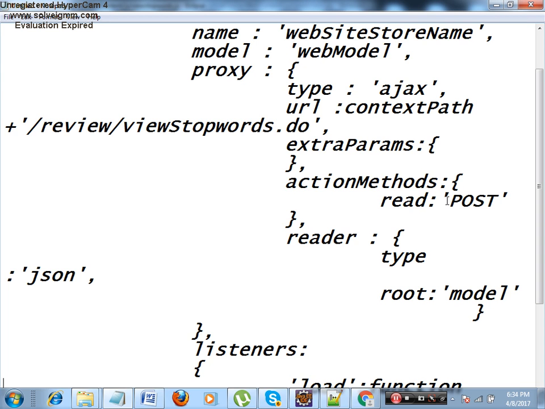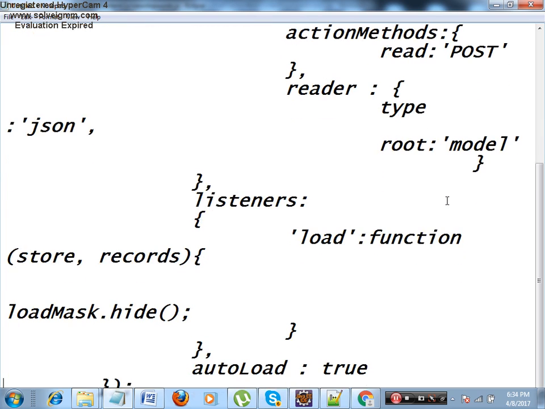Means amount of data that the server requires to send in an XML, if it is 150 KB, the same data, if you are sending in the format of a JSON, it will go to the front end in 50 KB. So the memory consumption will be reduced if you make use of a JSON.